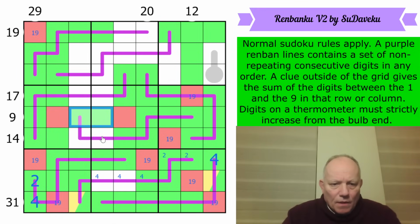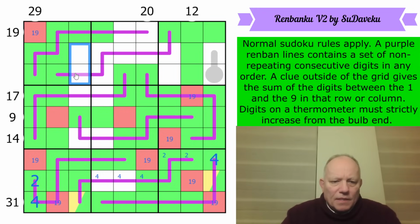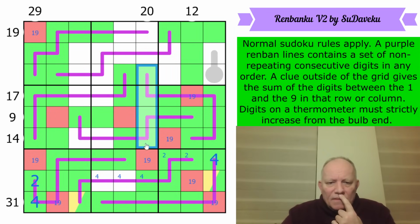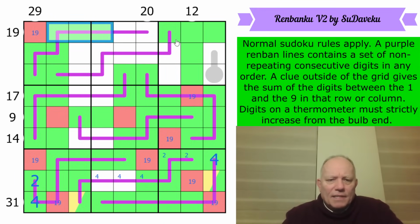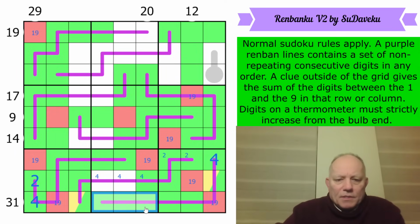There's lots of combos. One of these is a crust, and 14 is either 2 or 3 cells. One of these is a crust, and 17 is either 3 or 4. So, yeah, one must be in box 5, and one must be in box 4. That's not really helping with this stuff, but never mind. I've got that 20 sandwich. That didn't tell us. The 19 sandwich doesn't tell us how many cells are involved. Oh, this is getting trickier than I'd hoped. Okay, I can see there is a 2 on one of those cells. Not very interesting, but